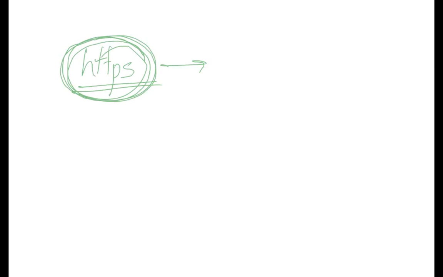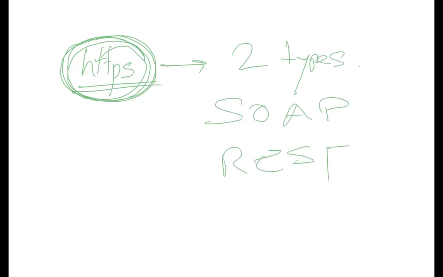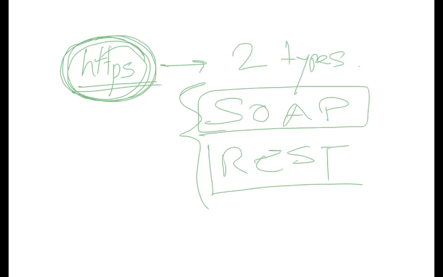This HTTP protocol can be of two types. One type is called SOAP, Simple Object Access Protocol, and the other is RESTful services. So these are the two kinds of services through which Salesforce can connect to another system. SOAP and REST can both be connected from Salesforce. Outbound messages from Salesforce to another system can be sent in different ways. One is through coding, and there are many configuration ways also.